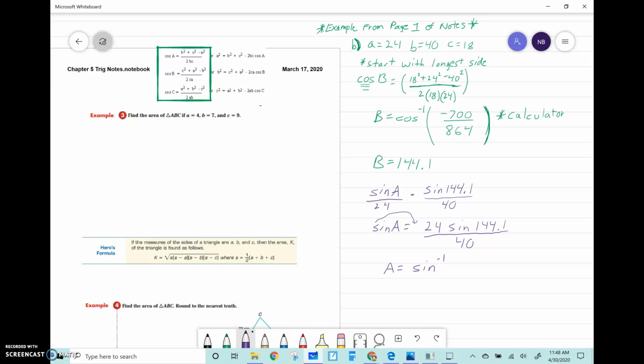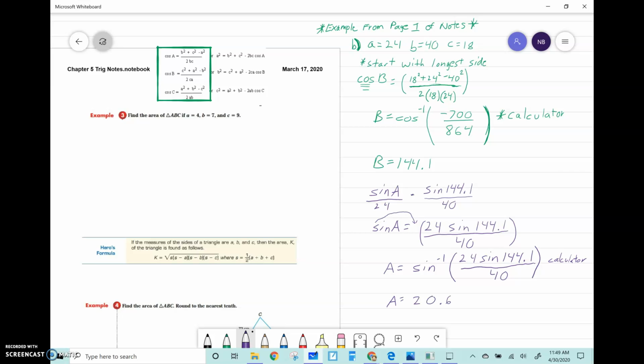We did this in an earlier section. We moved sine over here to the other side. And then I'm going to keep everything right here that's in this fraction. I'm just going to rewrite it down here: 24 sine 144.1 divided by 40. Okay? Now, what you're going to do is type everything in your calculator. All of this goes in your calculator. And once you type all of that into your calculator, you get that angle A equals